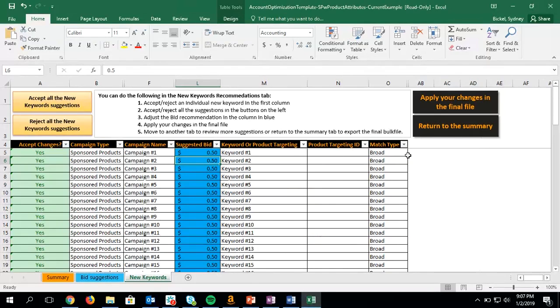To reject all of the changes, you're going to come over here to the upper left-hand corner and select Reject all the new keyword suggestions. You would do this, for example, when